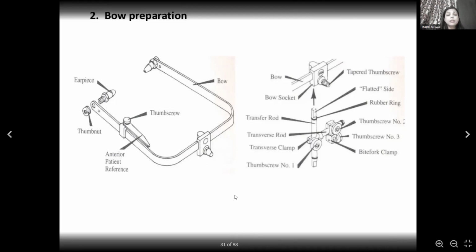Bow preparation: the earpieces of the U-shaped frame are inserted into the external acoustic meatus, and it should be loosened. And then after inserting this, we'll attach the locking assembly. The locking assembly has a transfer rod, which is a vertical rod, and a transverse rod, which is a horizontal rod, and which has the thumb screws. So the transfer rod is inserted